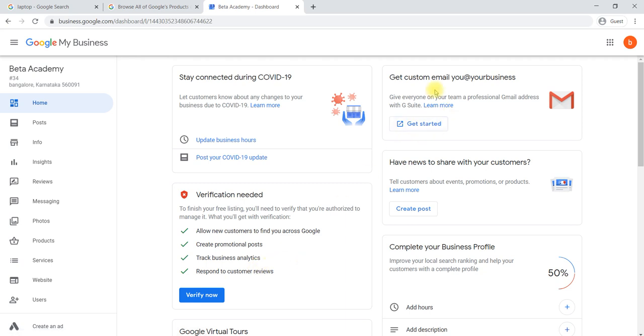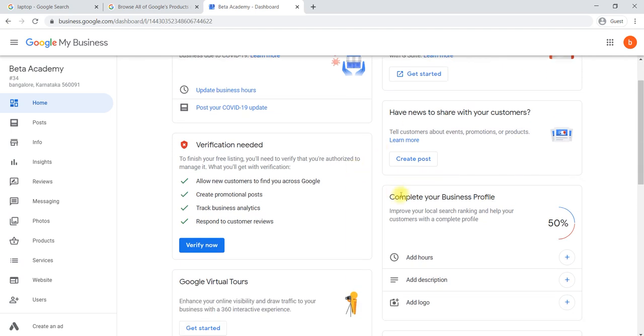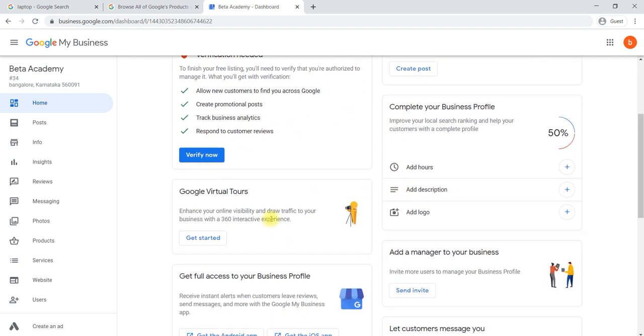And if you would like to get your own business Gmail ID, in the sense a mail ID with your business name, at the rate bitaacademy.com, you can go to that particular service. It is a paid service because it is linked with G Suite. It will be around 800 to 900 rupees they will charge. And these things you will come to know.